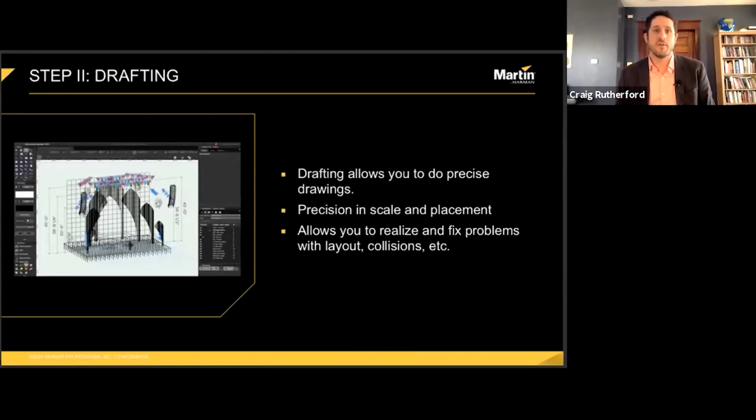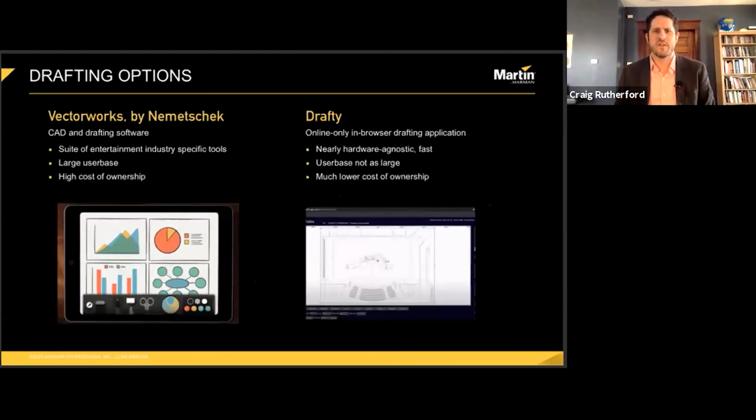In my workflow, I use Vectorworks. It's an industry standard software suite for a reason. It's not the only solution for doing entertainment drafting, but it's probably the most widely used. There's also AutoCAD, which I know some riggers tend to gravitate toward. I think the advantage of Vectorworks Spotlight over AutoCAD is the suite of entertainment-specific tools that Spotlight gives you, as well as the 3D tools. Vectorworks Spotlight has some quirks, but overall, it's the best for the job.